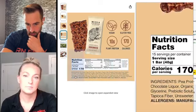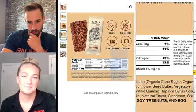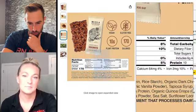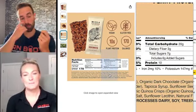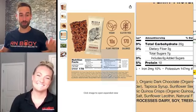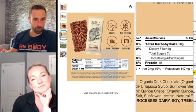a lot of organic stuff in there. The thing with chocolate too, and this is a whole other discussion, is it's really hard to tell. I don't think this has too much real chocolate in it, organic dark chocolate. I mean, it's the second ingredient. The thing with chocolate is you don't know where it's sourced from and you don't know how many heavy metals are in it. Now, this is starting to get way off topic and getting into the very micro, avoiding heavy metals,